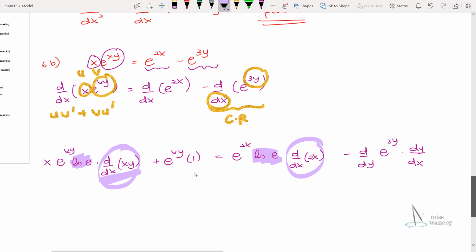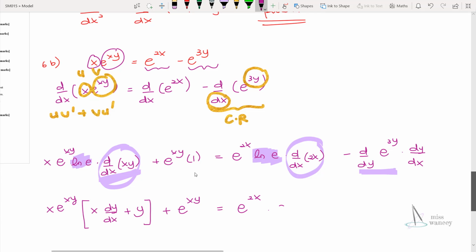Differentiating 2x, I do know the value, that is simply equal to 2. Yang ini variable dah sama, so kita boleh differentiate terus lah. Okay, so this is e^(xy). Differentiating xy, so another product rule: x differentiating y, dy over dx, plus y differentiating x, it will become 1, plus e^(xy), and then this is equal to e